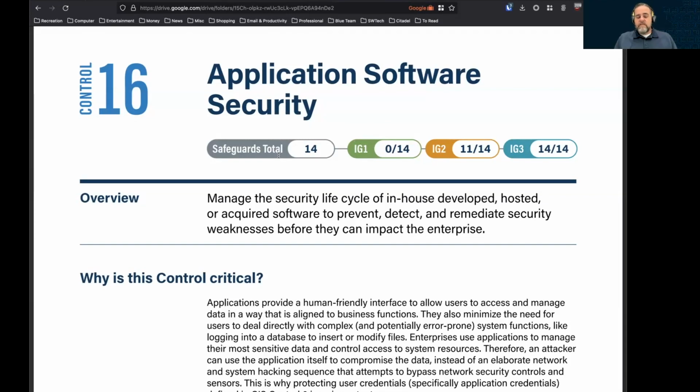Hosted software is not Office 365. It's not QuickBooks Online. It is, I am acquiring the Microsoft Exchange server from Microsoft, and I'm going to run that internally in my organization. Or I am running QuickBooks Desktop internally in my organization. And so that's more of a hosted or acquired software.